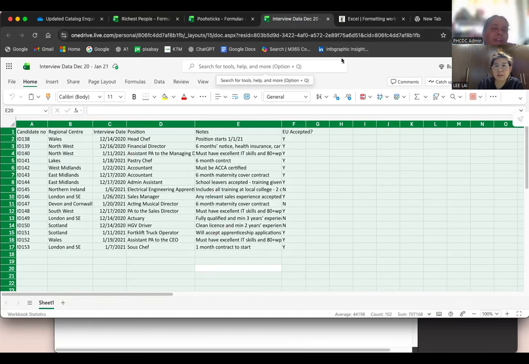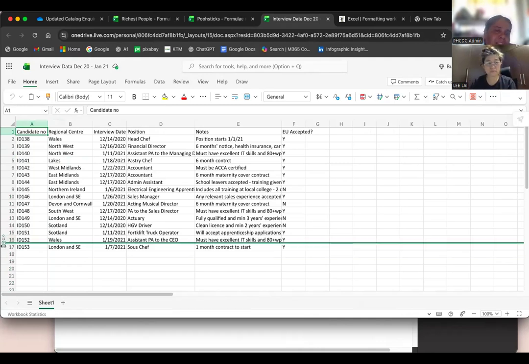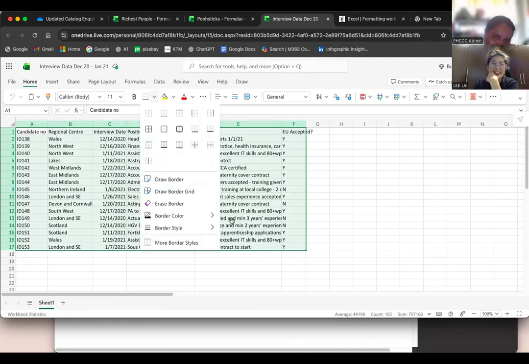Okay. Select the candidate number. Select the candidate number only. Click the candidate number, only that particular cell. Okay. Control A. Now adding the borders. They want to add the borders. It's complicated. Actually, it's simple. The way they describe it is